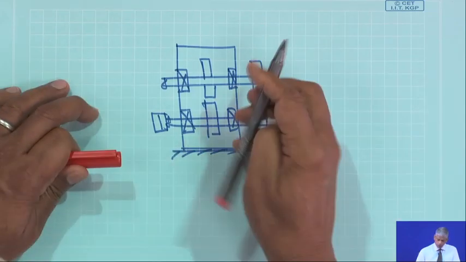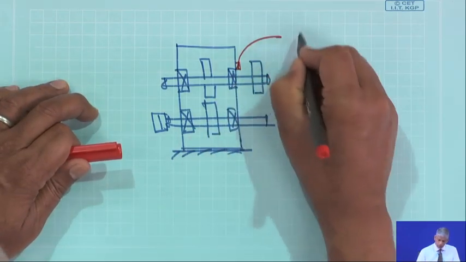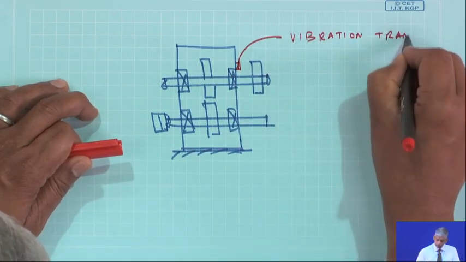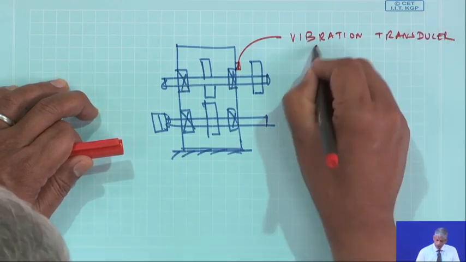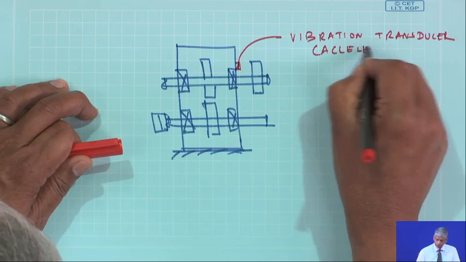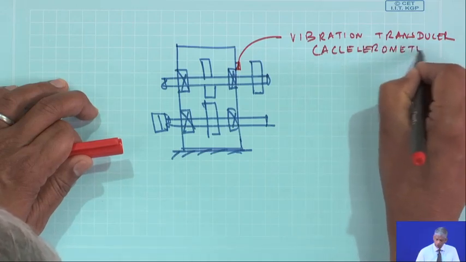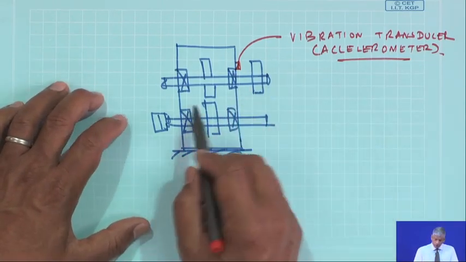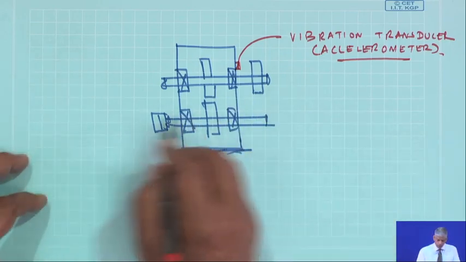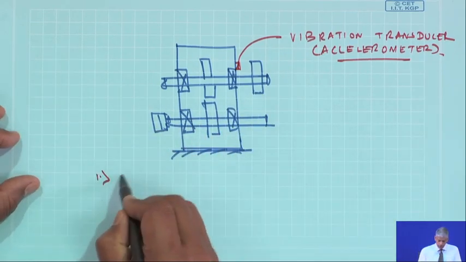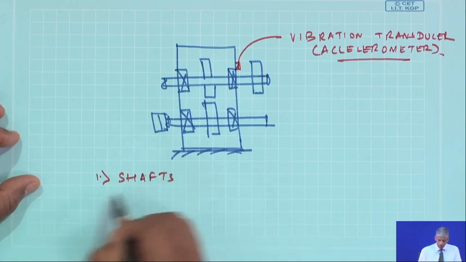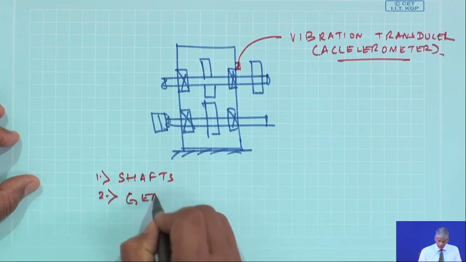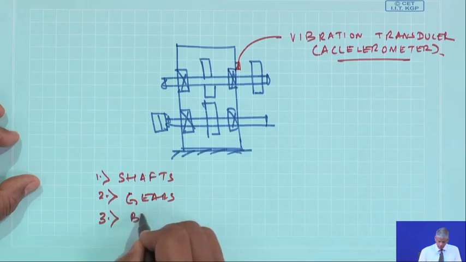And if I put one vibration transducer, and you know that accelerometer, in fact, the piezoelectric accelerometer is one type of accelerometer which is predominantly used. So, when a fault is occurring in all of these, for example, shafts, bearings, gears, if I have to list them down, shafts could be having misalignment, cracks, and then of course, there could be unbalance. We have gears, we have bearings,